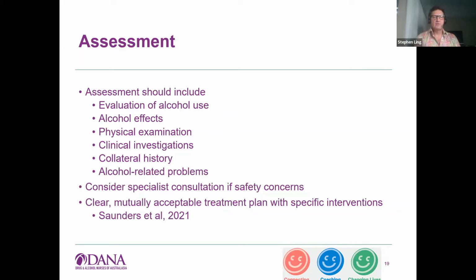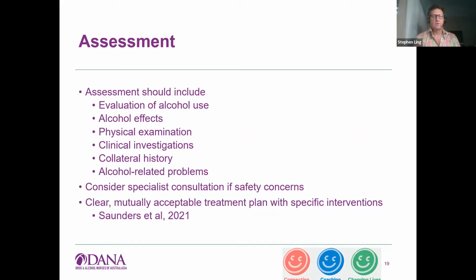So screening then should lead into a further assessment of the patient. An assessment should include things like a more comprehensive evaluation of alcohol use by the patient. We should be examining the patient for the effects of alcohol, physically and psychologically. We need to be obtaining clinical investigations. With the